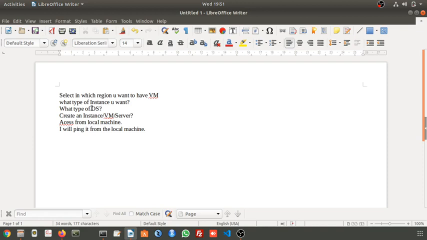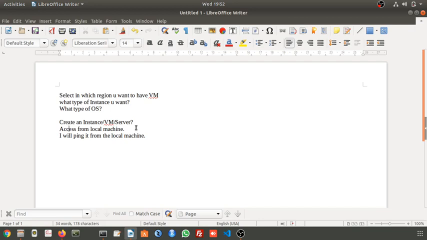Here, what I'm going to do in this topic is create an instance. When I say instance, I'm pointing to a virtual machine or server. All these are the same: instance, virtual machine, server. After creating the instance, I will access it from my local machine.